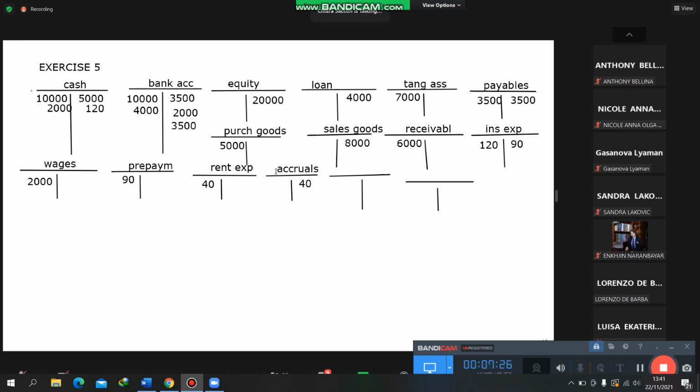Accruals. Okay, interest on the loan. You're not paying them at the moment, but you know that they are pertinent to the period. They are an expense for a source of money given to you. So it is an expense, so we write interest expense,